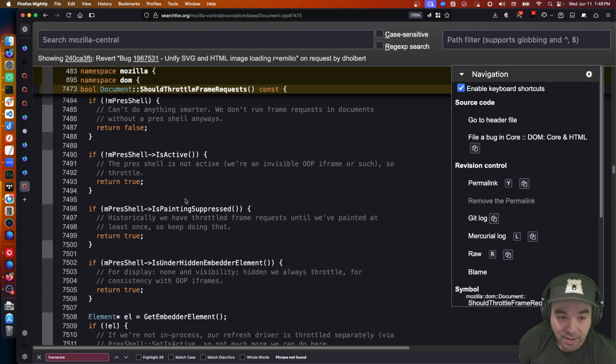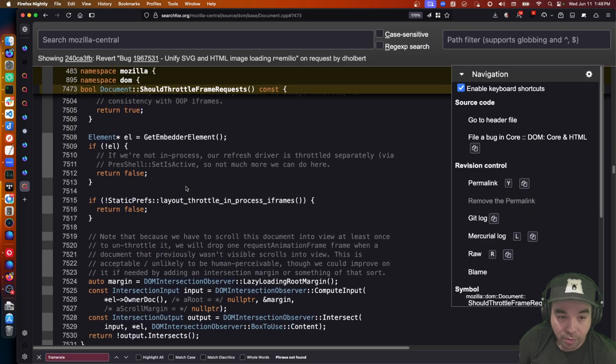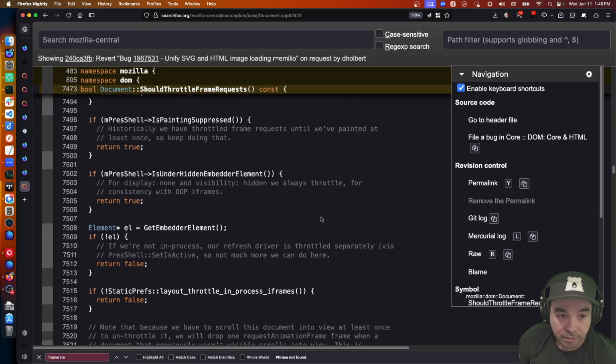We have painting suppressed, under hidden embedder. We have layout throttle in process iframes. Is under hidden embedder element. For display none and visibility hidden, we always throttle.